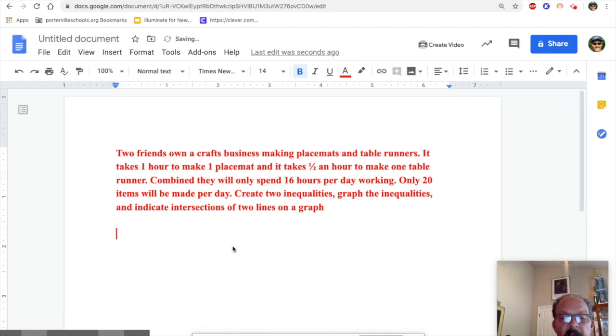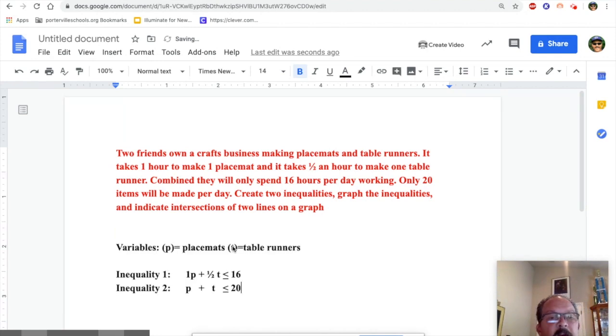All right, so what I see here is the variables. I'm going to put P for placemats, T for table runners. Now this is a classic systems of inequalities. Inequality 1 is 1 hour per placemat plus 1/2 hour per table runner is less than or equal to 16. Inequality number 2, I have the amount of placemats plus the amount of table runners is less than or equal